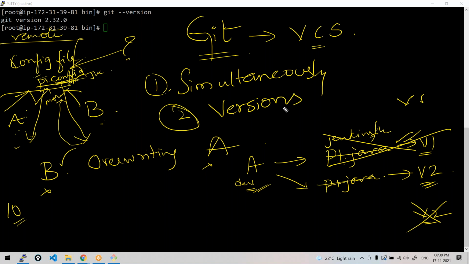Isn't that great? In real time, imagine you have so many files, some configurations, some automation scripts. All of those will be versioned, which means at any point of time, if you want to go back to previous changes, all the versions are available. That's another thing a version control system does.